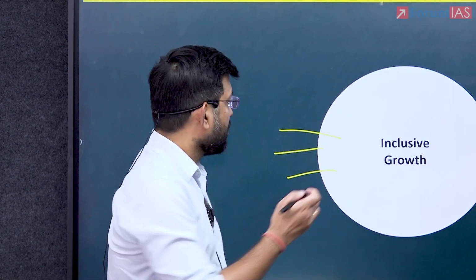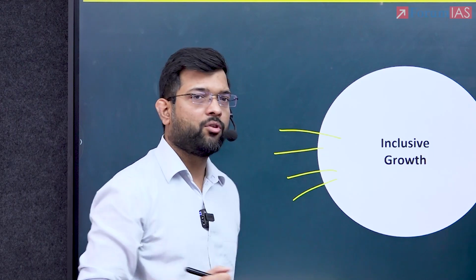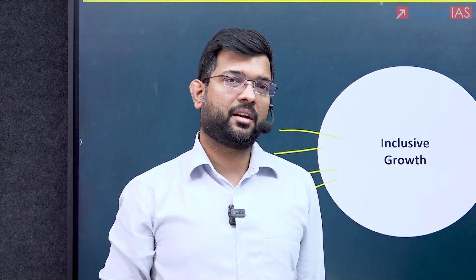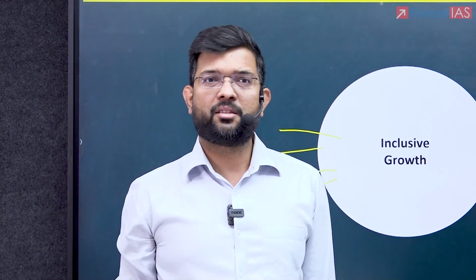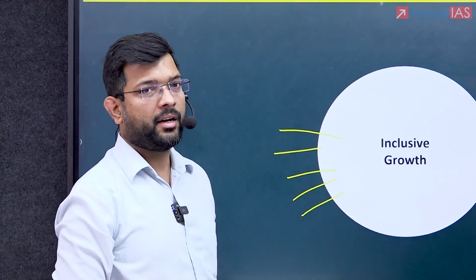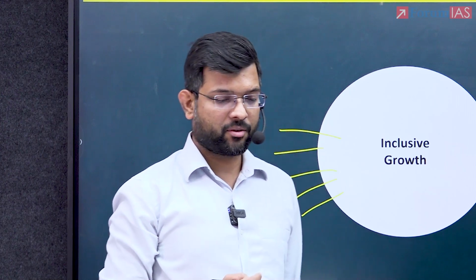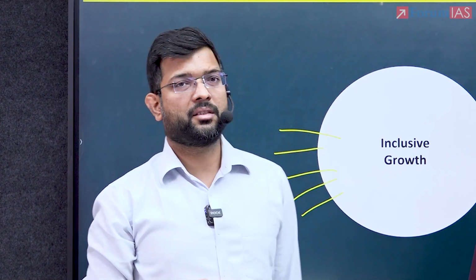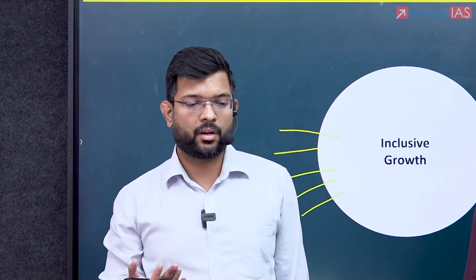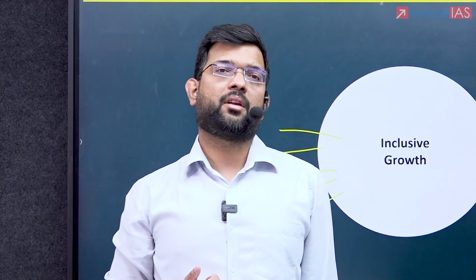Then you have women's labor force participation. Recent trends have shown that the LFPR has gone up. What are the reasons for this trend? Are you able to give substantial points on those or not? Right. Then you have another factor, which is the drivers of inclusive growth. What are the drivers of inclusive growth? You can have factors such as agriculture and rural development. You can have employment. You can have education and health. You can have social protection also as a driver of inclusive growth.